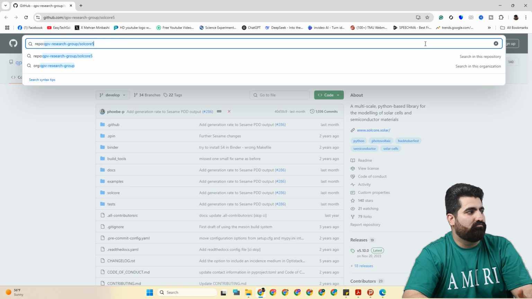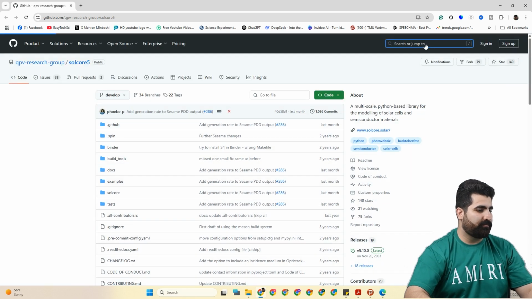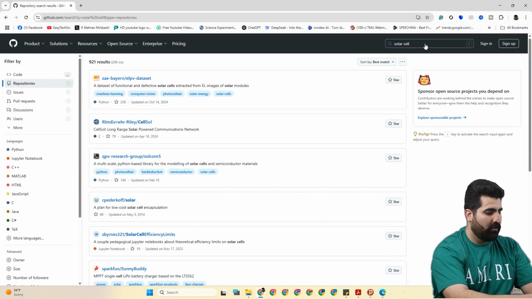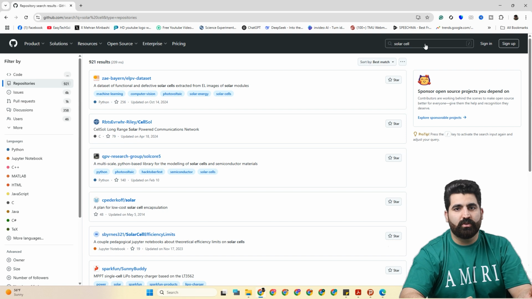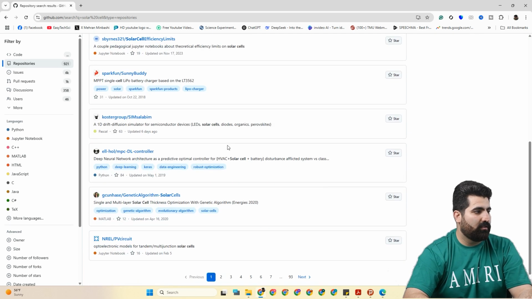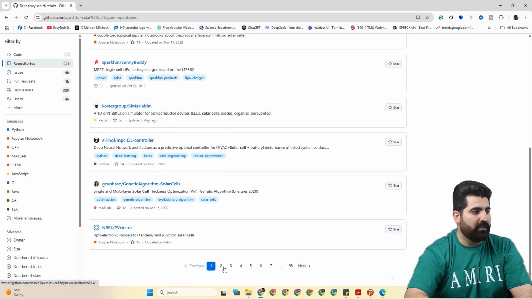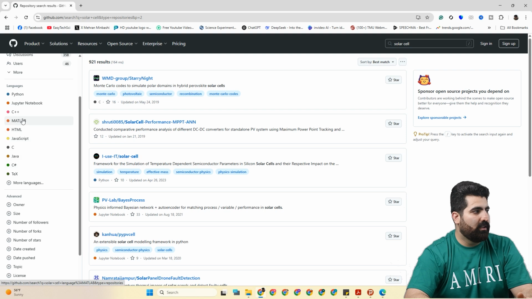Here in GitHub I can search solar cell, and you can find some good sources, good data, and simulation codes. You can see all of them. There are many suggestions here, and you can just use the language you want, maybe MATLAB, C++, Python, Java, or